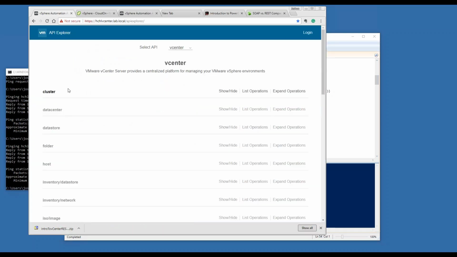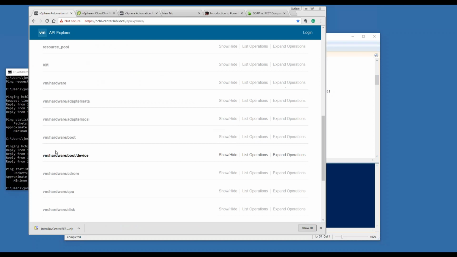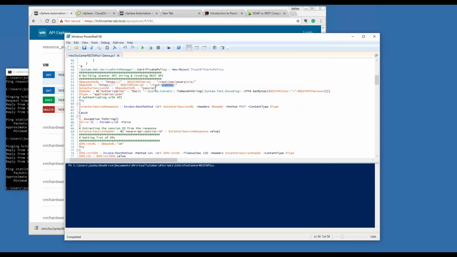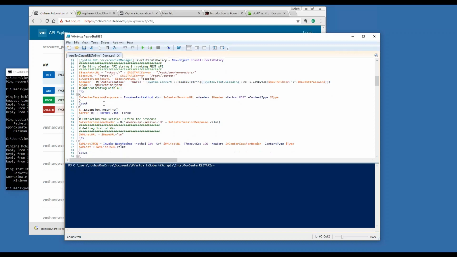And if we go and look at, for example, Swagger, let's go down here and let's look at VM, then we can see vCenter/VM. So everything's always going to start with vCenter. It has REST behind it, so we know that's our standard URL. Then the next thing is we're going to add the session URL. We're putting the header type, so we're encoding in UTF-8 the username and password that we just entered. We're putting the type as application JSON, and then we're going to authenticate with the REST API